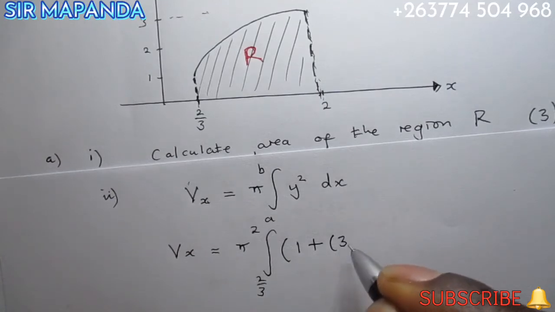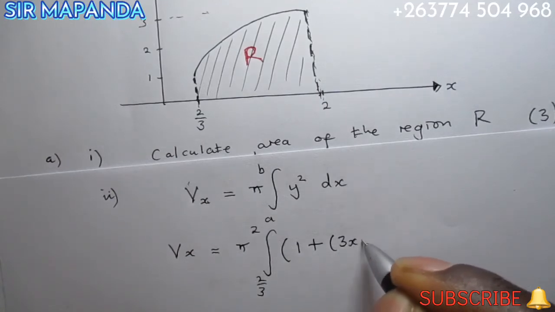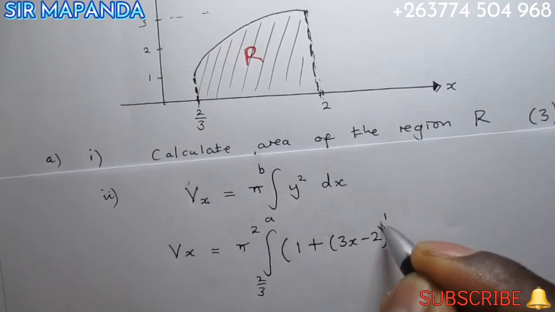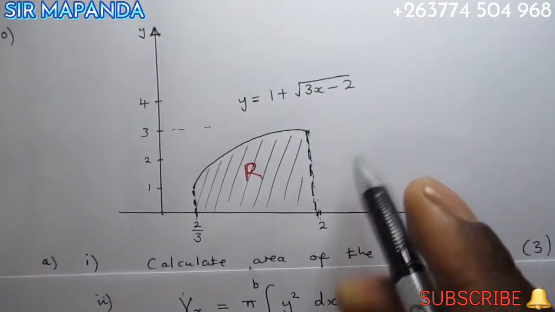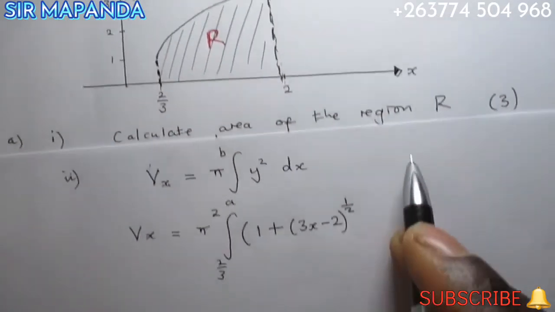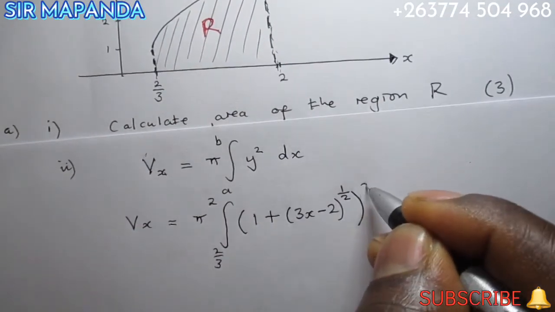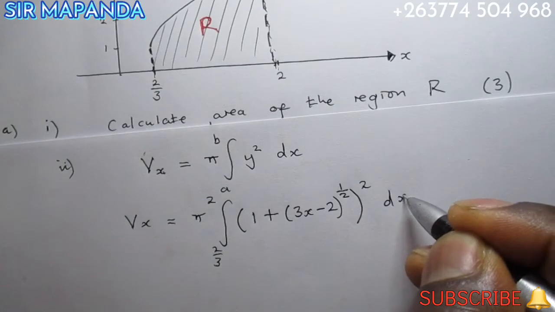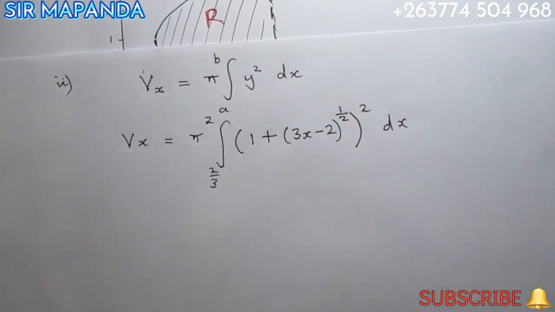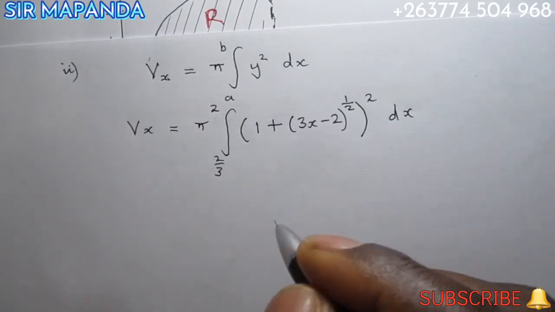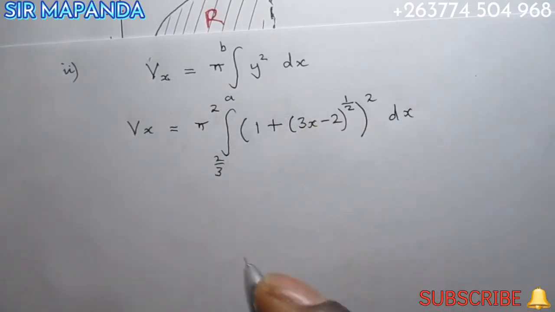Here you have 3x minus 2 to the power of half, which is as good as the square root of 3x minus 2, right? Then you are raising this with power 2. Then you write dx, something like this. I hope you are following. Right. So, likewise, you can expand this